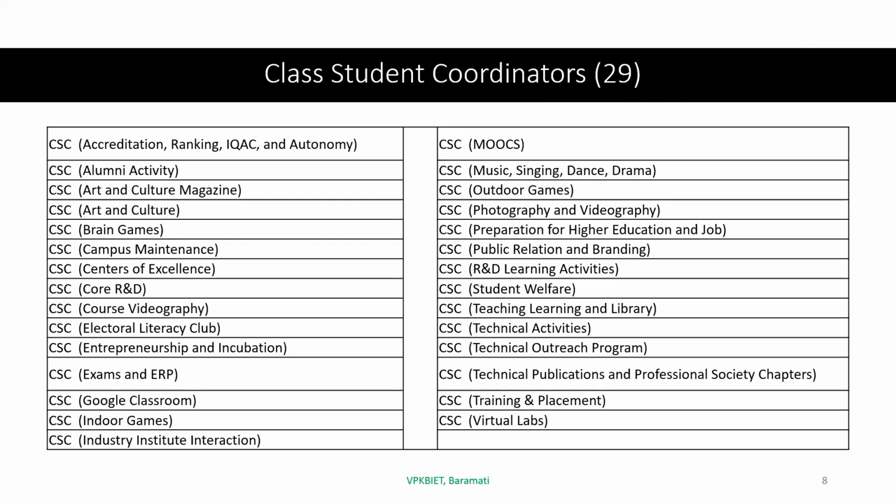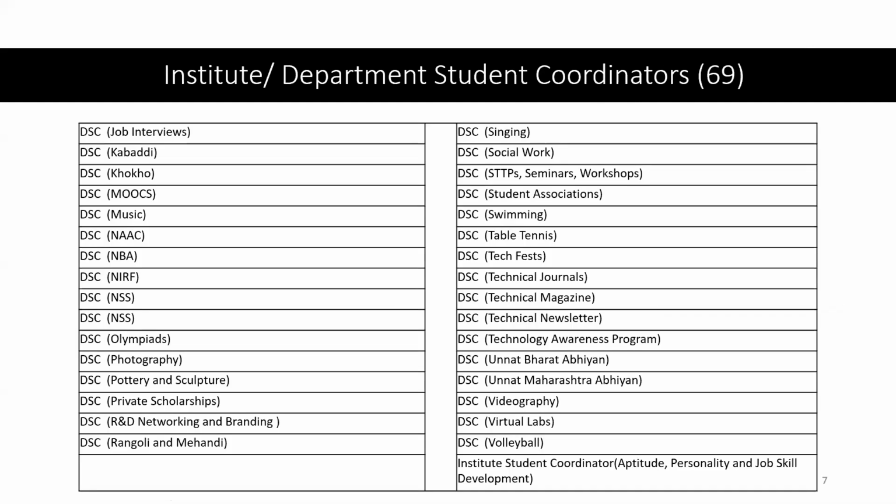Now, if we go to a higher level, now coming back to the department level coordinators, there will be around 60 students, and we have now, as we can see here, for department, we have a swimming coordinator, then table tennis, then tech fest. Now, certainly the department should focus and try to give that kind of an input to the state level player that you have.